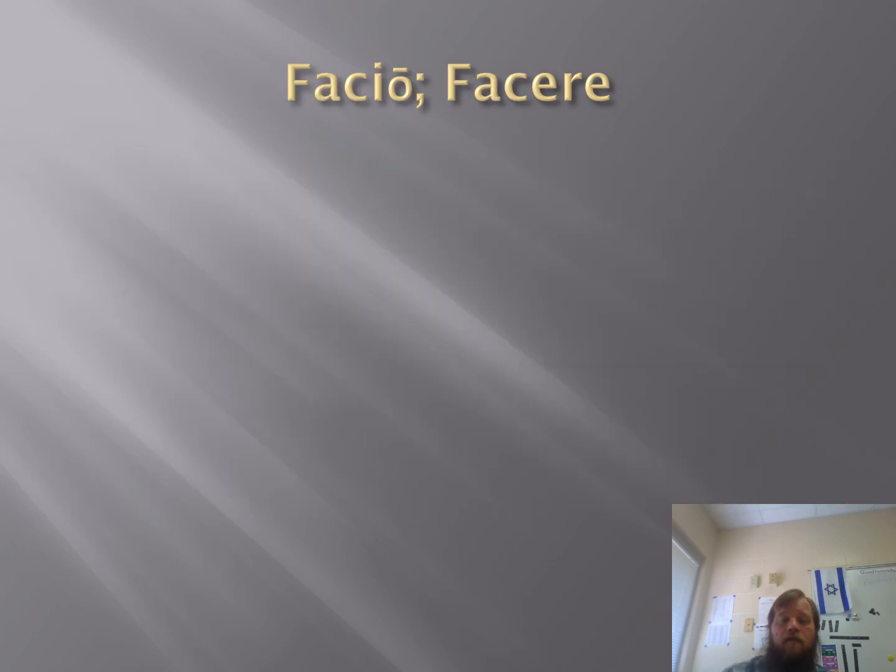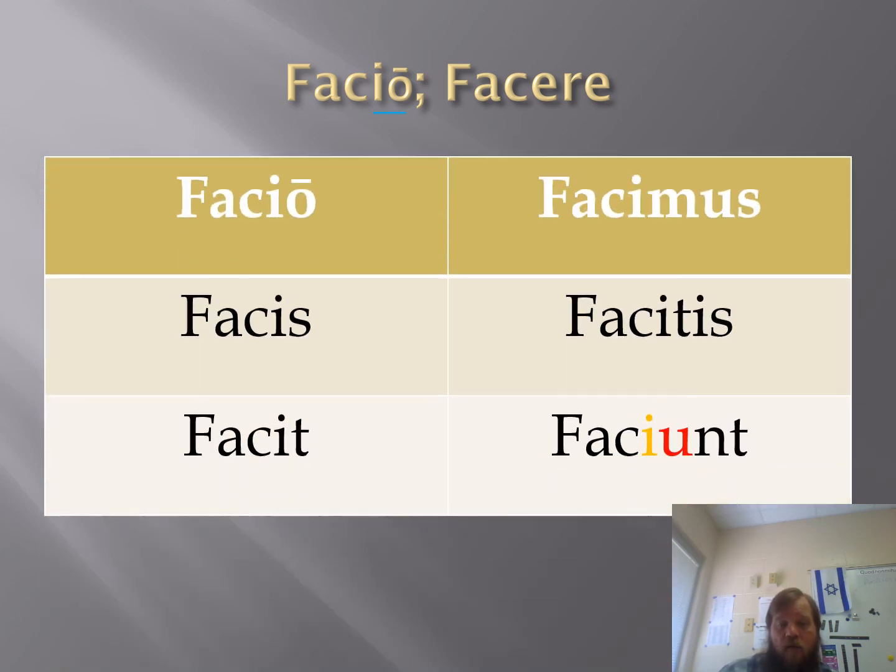Okay? All right, same thing. Pause it, write it out, come back and check it. All right, here we go. Facio, facere. This is third I-O, all right? Third I-O. So we get our joined vowel,